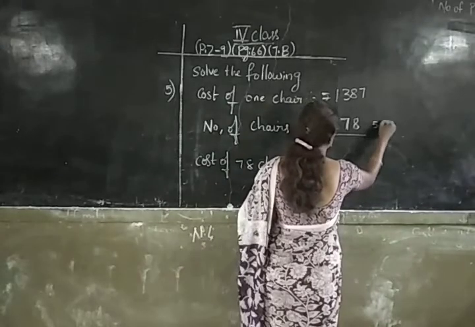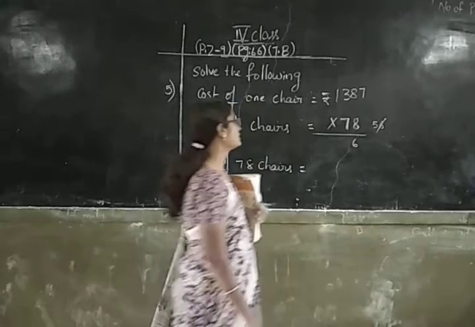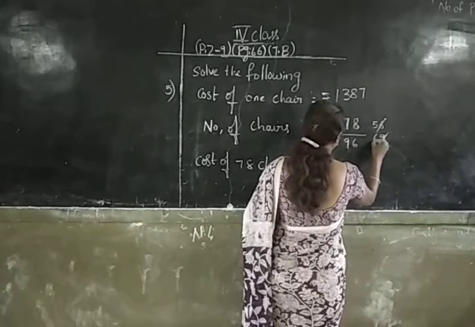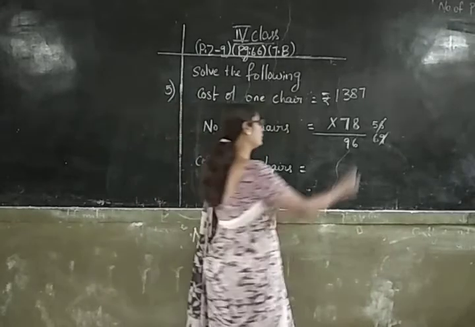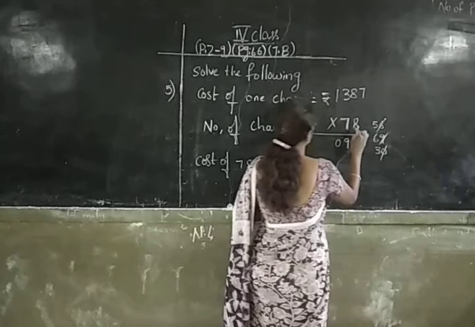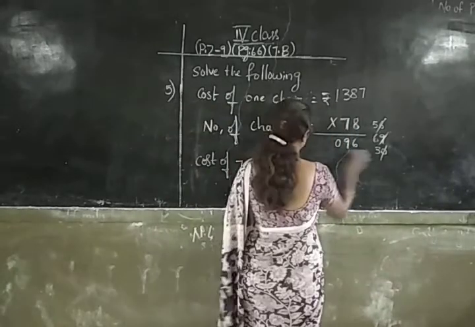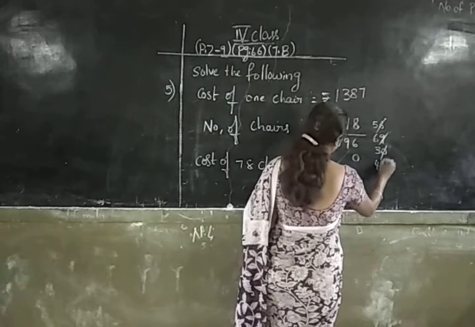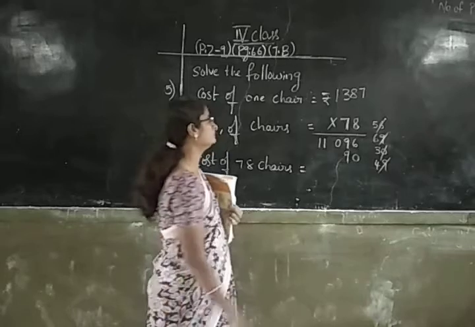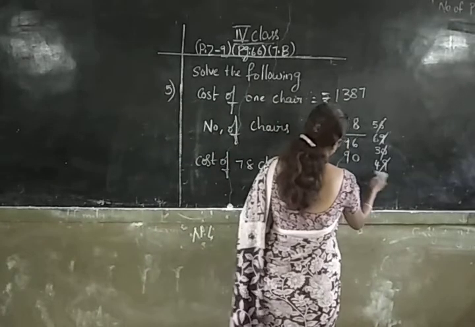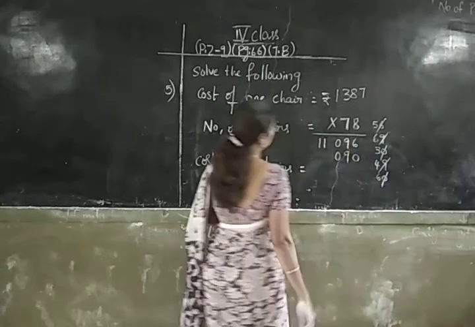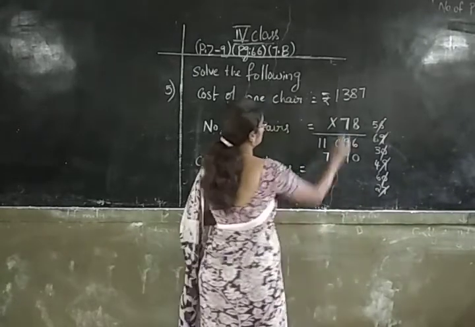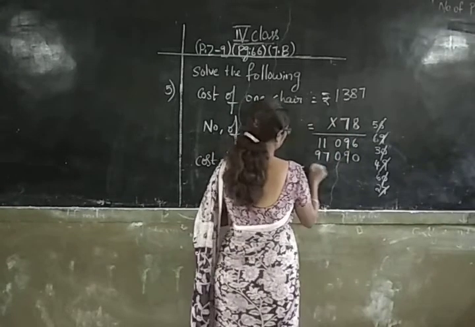Okay children. 8 sevens are 56. 8 eights are 64. 64 plus 5 is 69. 8 threes are 24. 24 plus 6 is 30. 8 ones are 8. 8 plus 3 is 11. 7 is in tens place, so put 0 in ones place. 7 sevens are 49. 7 eights are 56. 56 plus 4 is equals to 60. 7 threes are 21. 21 plus 6 is equals to 27. 7 ones are 7 plus 2 is equals to 9.